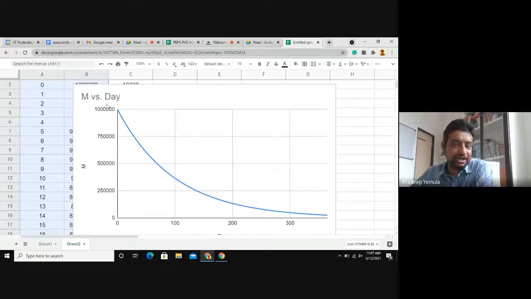So the wealth started with 10 lakh, it reduced to 7.5 lakh, 5 lakh and whatever. Within 100 days, it became around 3 lakh. In fact, you can tell exactly what. See, our time constant is 100. So that 1 by e is 0.367 something, right? So that will be the amount that is there after 100 days. Anyway, that is the more mathematical detail.